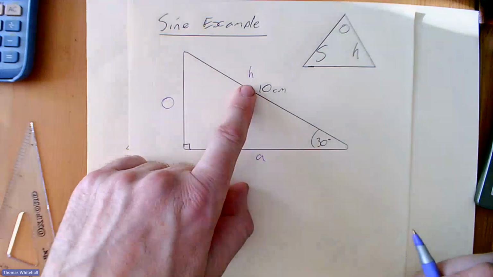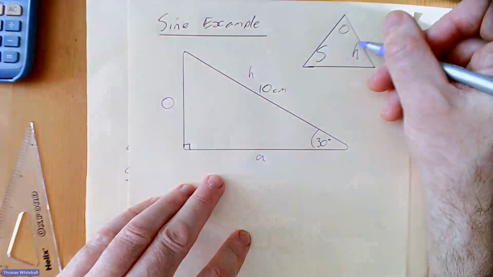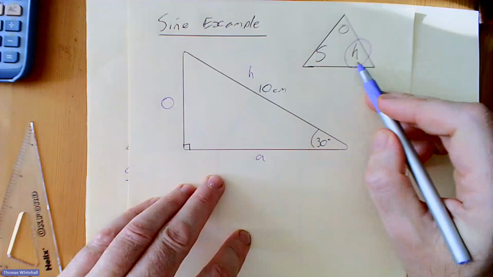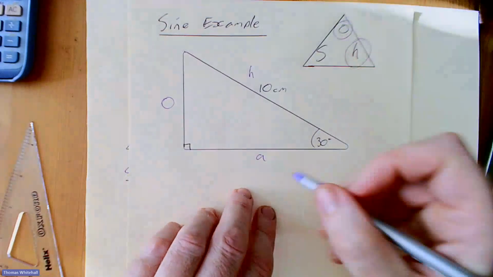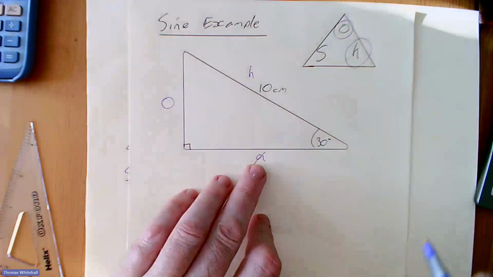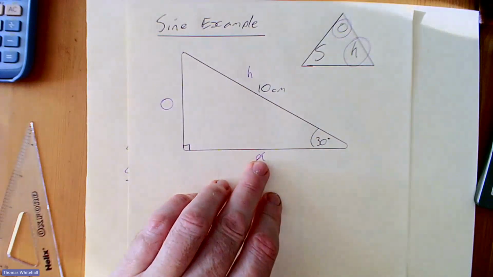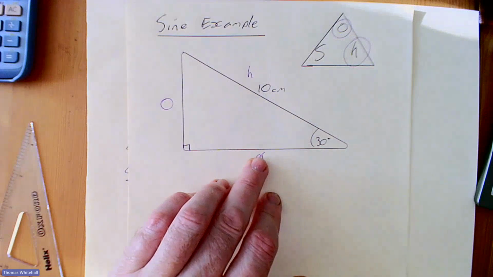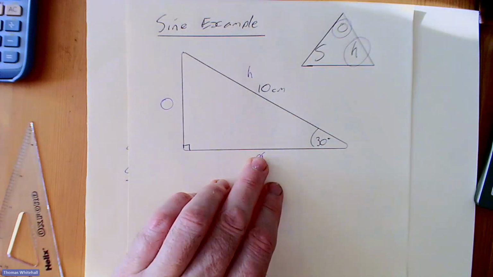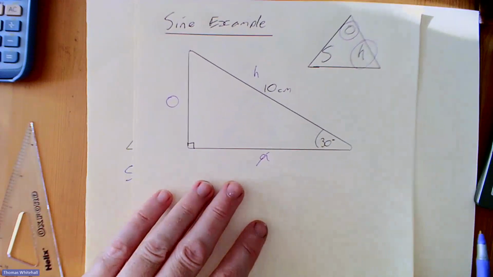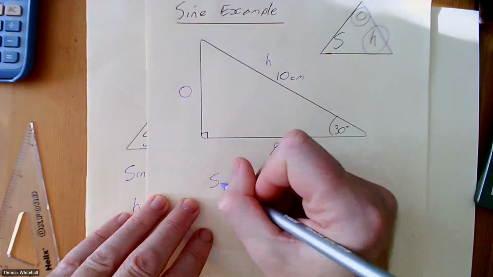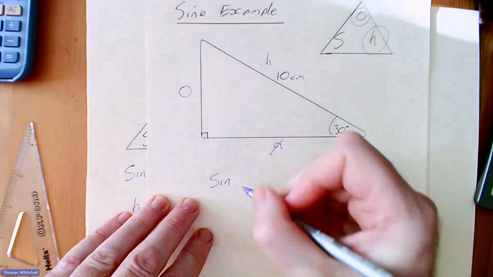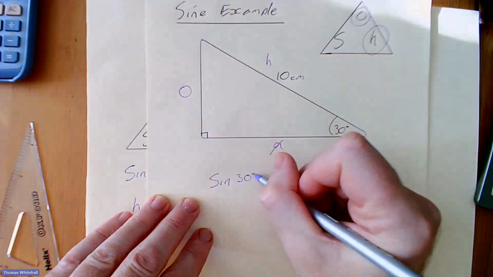Now, we're already given the hypotenuse, so we can now circle that. We know we've got that in place, and we're being asked to find the opposite, so we can circle that. We don't need the adjacent, and this helps us to figure out which one we're going to do. We'll talk about that a bit more in a couple of examples time, okay? Now, what it's telling us is the sine of my angle, so the sine of 30 degrees, I'm going to put that in brackets, is equal to,